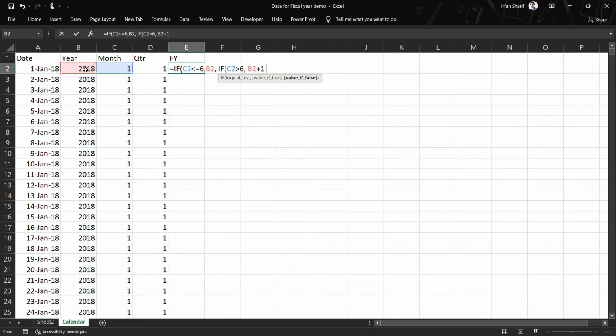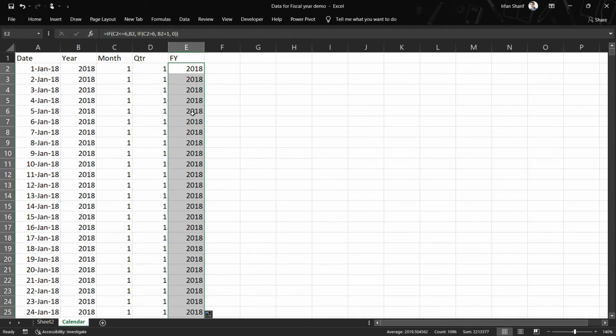And if both of these conditions are not met, we of course have to close this formula this way, then give me 0 and then close the bracket, and of course we have to use the second bracket as well because we have two if functions that have been operated here in this formula. I will press enter, and now I will double click to replicate that to the whole